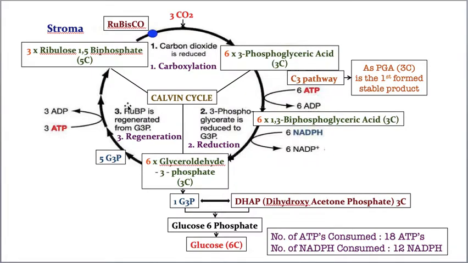So this process is called regeneration, and again one more cycle and one more G3P, like that, one more like that. This is a cyclic process. Now you understood na? So this is called Calvin's pathway. Hope you understood carboxylation, understood reduction, and also understood regeneration. I am thinking so, but if you don't understand, please ask me. I am ready to explain once again.